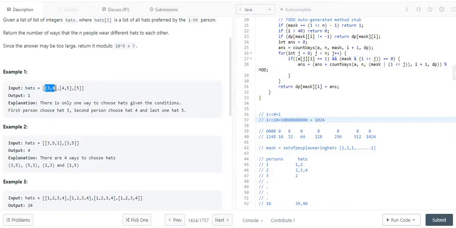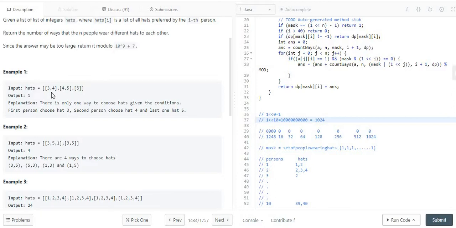The first person can wear hat 3 or 4, person 2 can wear hat 4 or 5, and person 3 can wear hat 5. If person 1 wears hat 3, then person 2 can wear hat 4 but cannot wear 5, because then it would be the same as person 3, for whom there is only one choice, hat type 5.